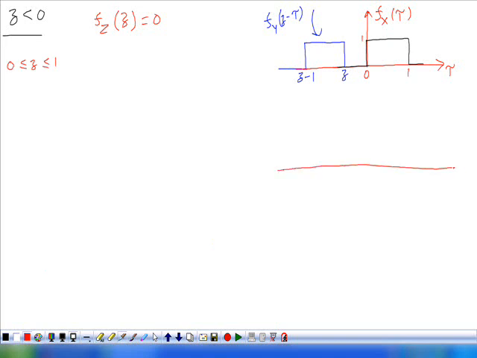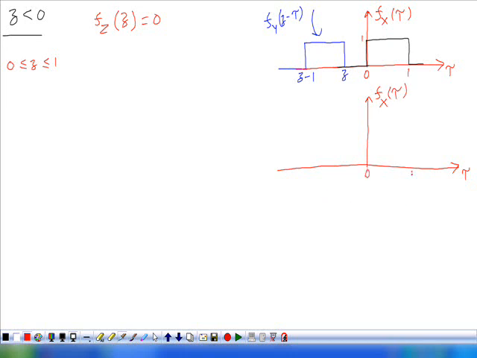In the second case, we are letting Z lie between 0 and 1. Then you keep the Fx of tau as it is. See, in the graphical convolution or analytical convolution, what we do first, we keep one function as it is, the other function is reversed and shifted. For each shift, we have to find the product and the area under that product. That's what we are doing.